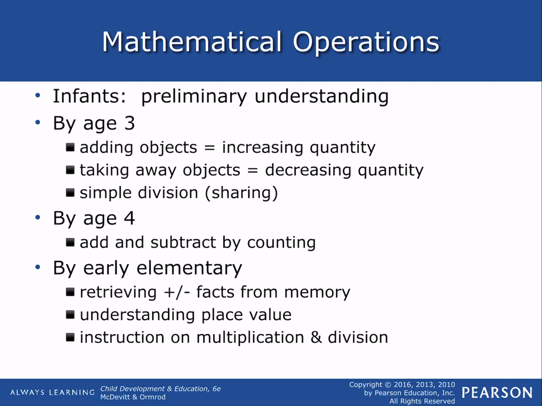So infants, preliminary understanding: they have one thing in one hand and another thing in another hand. So that's a concept of numbers, isn't it? Right? To have something in both hands, have two things that you pick up. I think so. By age 3, they can add objects, like how many is this? For sure. They can do worksheets where they're counting things.